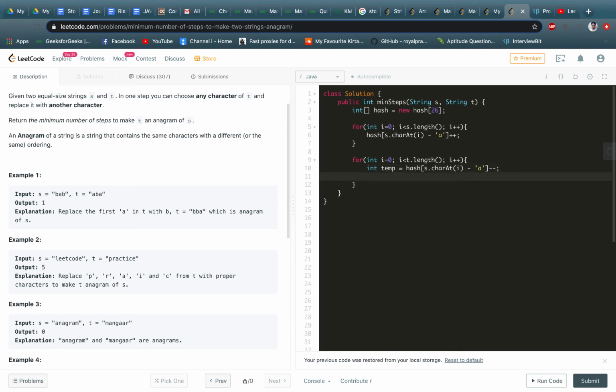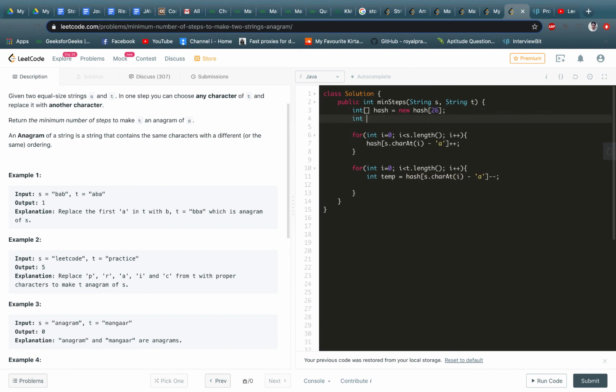In case we encounter a letter that is not present in s itself, that says that we definitely have to replace that letter. For the letters that are repeating, the hash value will still remain positive, and once we have an excess of letters this will become negative, and we will start taking into account those letters for replacement, right?